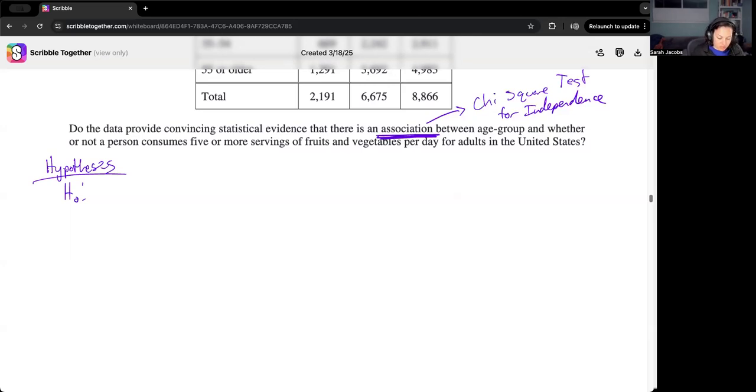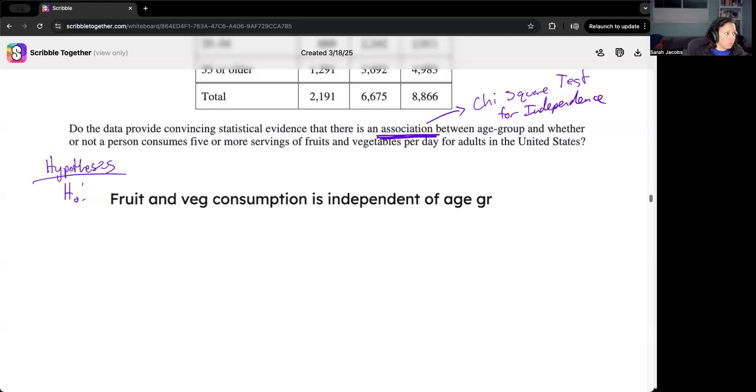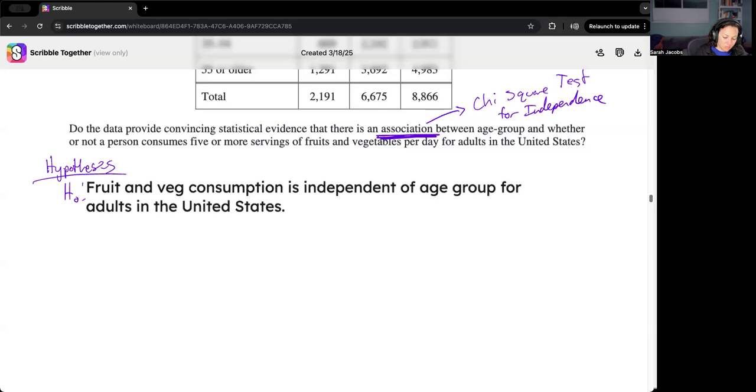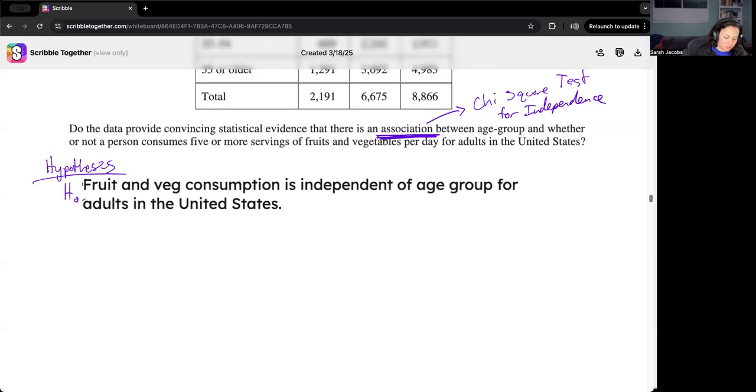So the null hypothesis is that fruit and veg consumption is independent of age group for adults in the United States, which means our alternative,